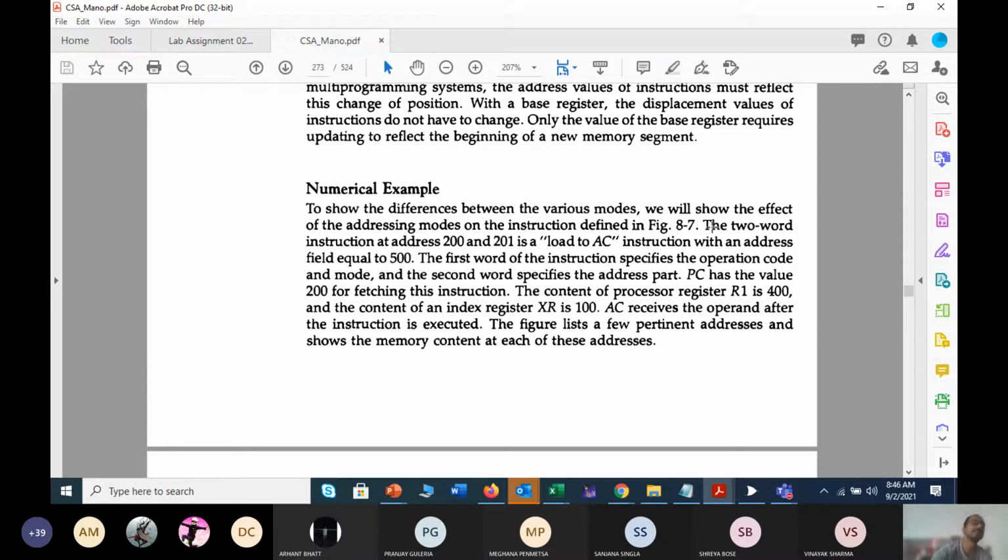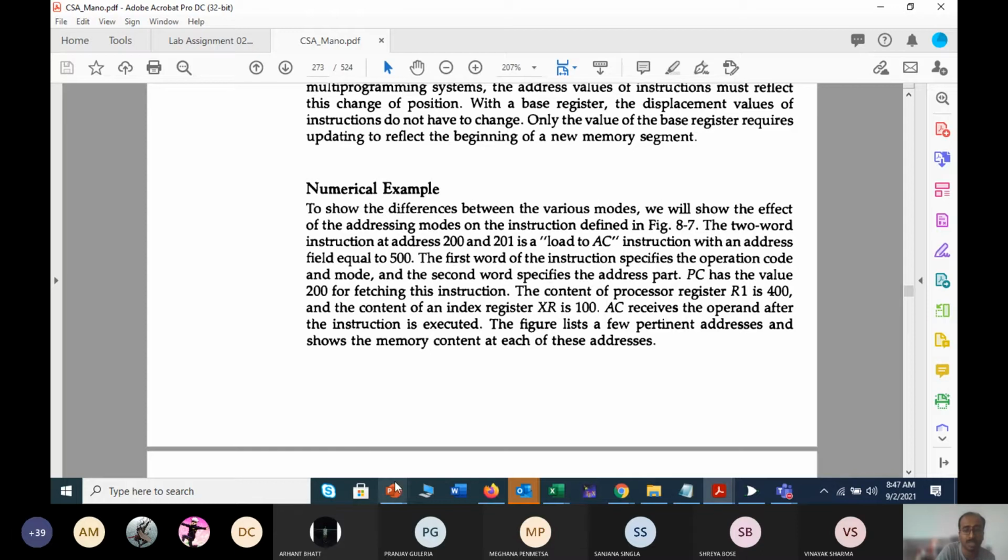2 address instruction means we said at that time that you have to use 2 separate memory locations to execute the instruction. If you remember, just like ax equals x plus bx, you take the instruction with the bx register as one and ax as another. So you are accessing these two, from the instruction set part. So the two-word instruction at address 200 and 201: as it is a two-word instruction, obviously you will require 2 separate locations. That is why 200 and 201 have been given. This is one kind of explanation.